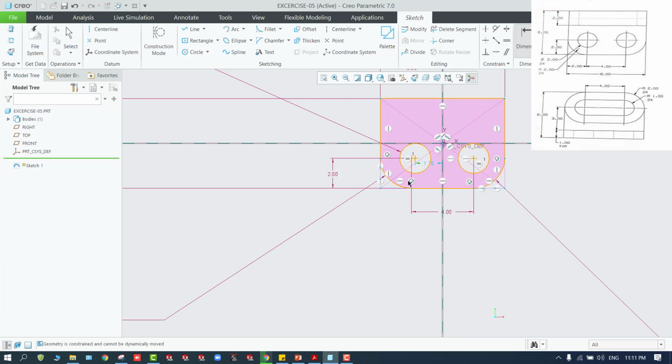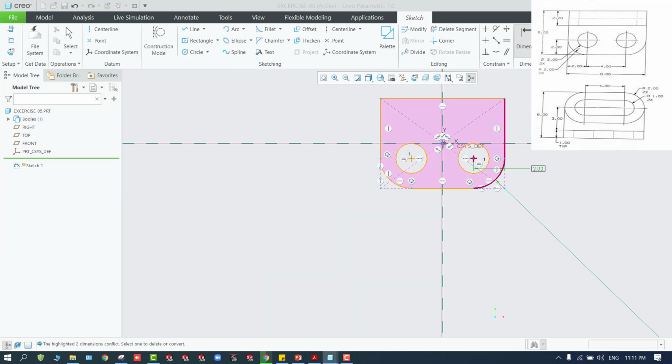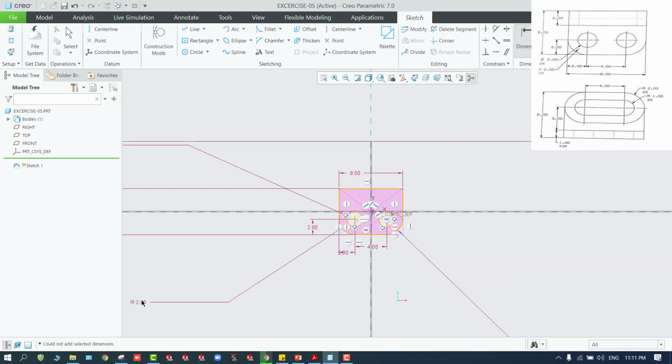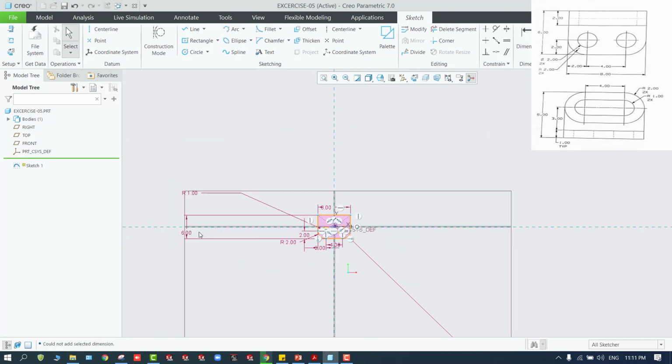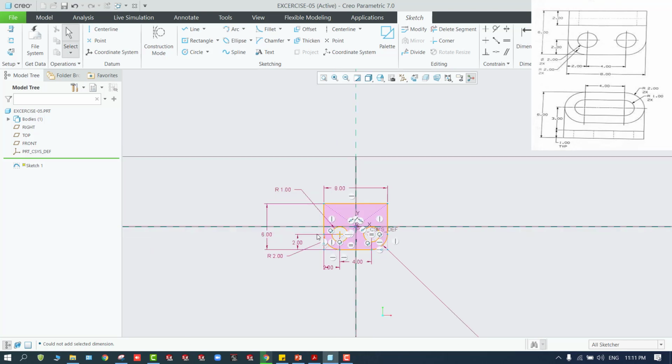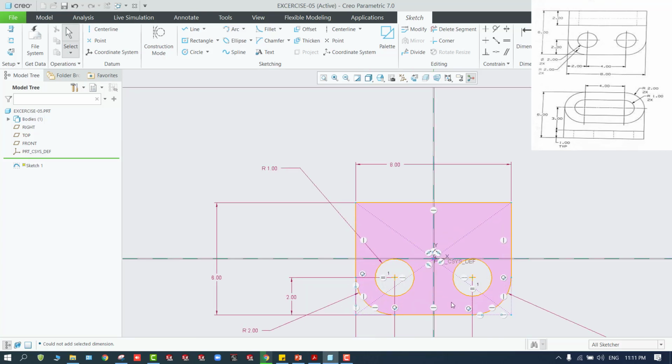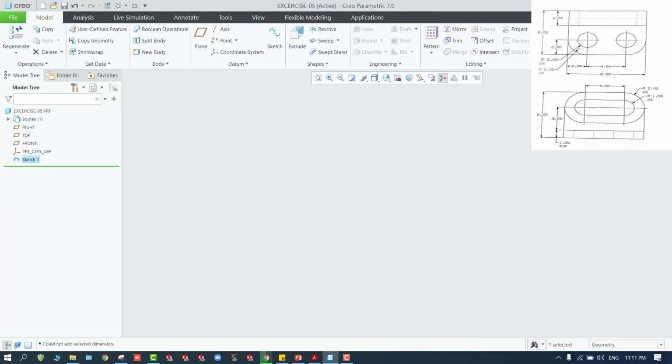Anyway, from the bottom it is 2, and from here to here also it should be 2, and even from this side also it will be the same. Okay, not an issue. This is fine. We can come out of the dimension page. You can simply put in your dimensions as per the requirement. Well, this is okay, not an issue. So you can simply click on OK, and you can proceed with